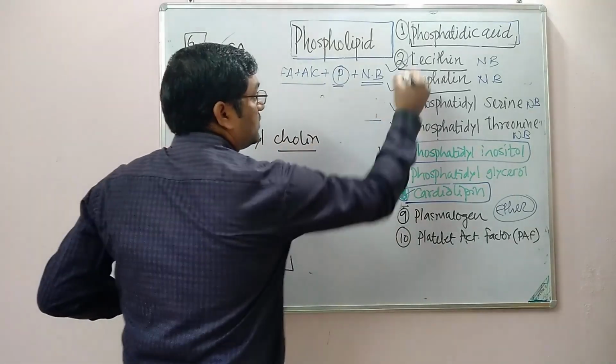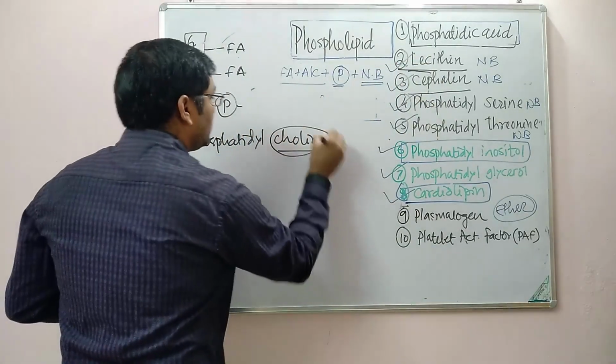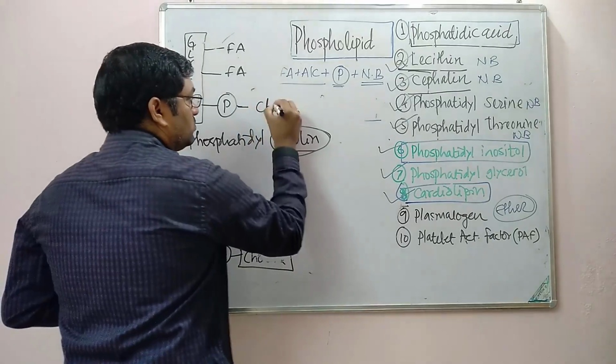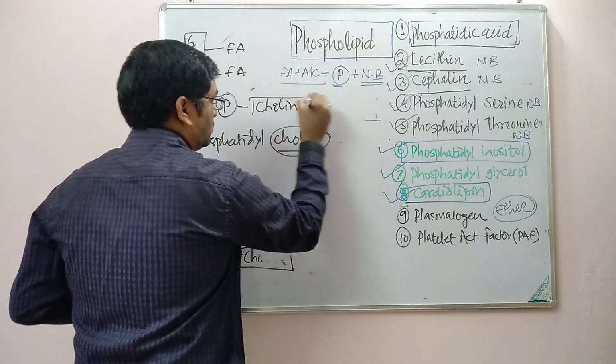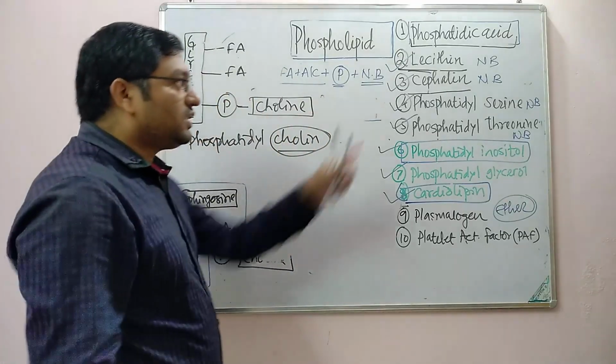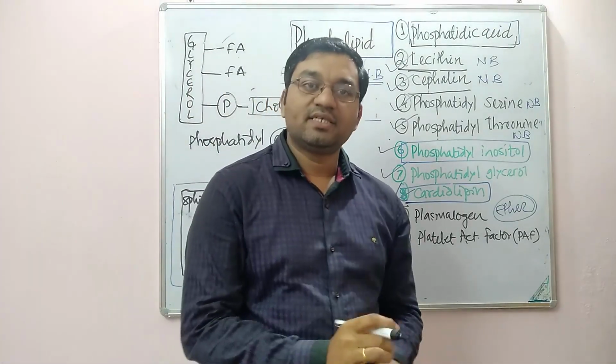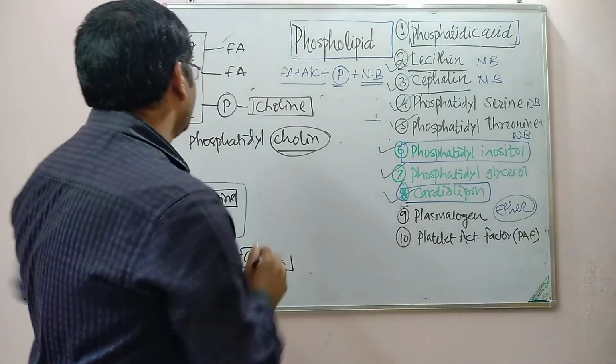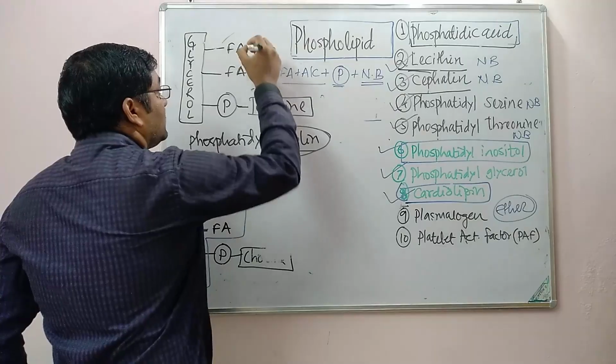The other name is lecithin. Here the nitrogen base is choline. Another example of lecithin is dipalmityl lecithin. In dipalmityl lecithin, the fatty acid is